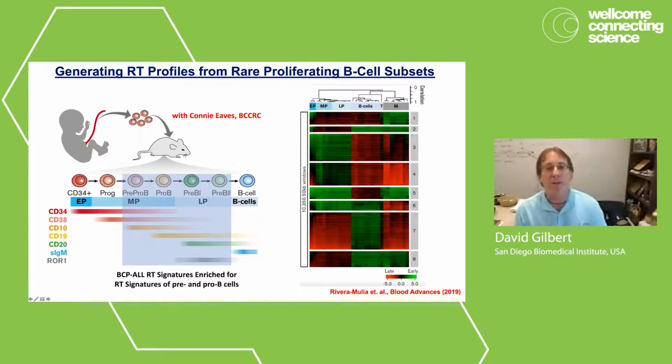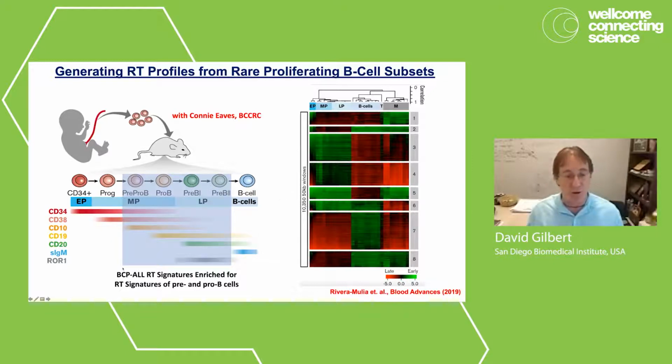So I happened to be talking with Connie Eaves on a seminar visit, and she said she thinks we can do this. So I took my sabbatical in her lab, and what I did was I took cord blood from normal individuals and bloomed them in xenografted mice, and then timed that so that I could collect the cells that are proliferating, at stages where the maximum number of them are proliferating, derived from these different stages of B-cell development.